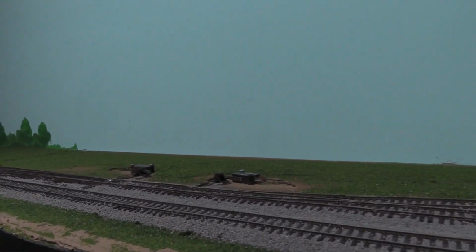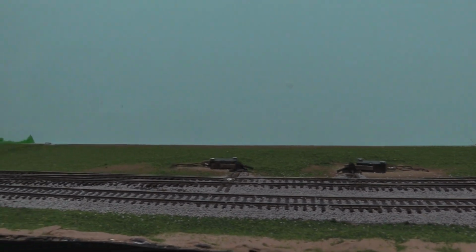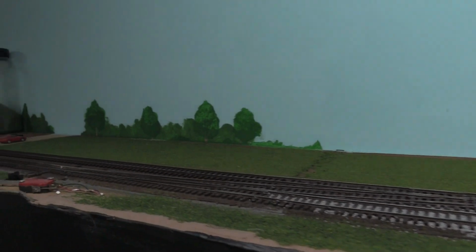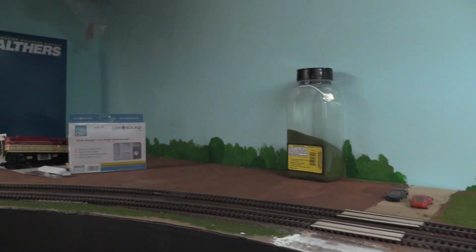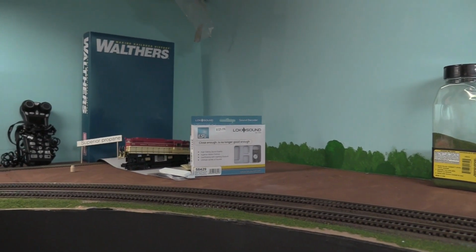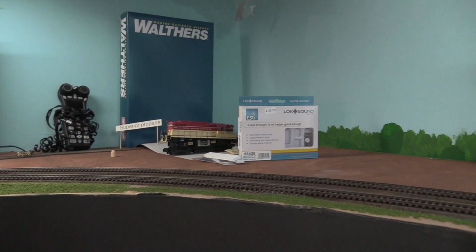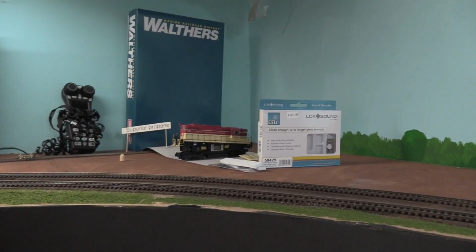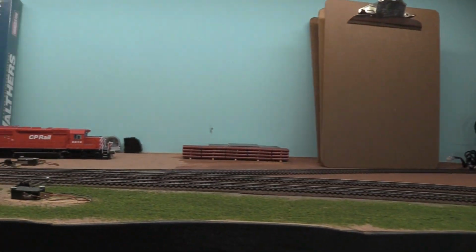Coming out of Smithville, still going east. This will be a farm area. And then we've got Superior Propane. I know Superior Propane is supposed to have been on the other side going into Smithville, but I just reversed it, put it in there. Okay, and then coming out of Smithville,